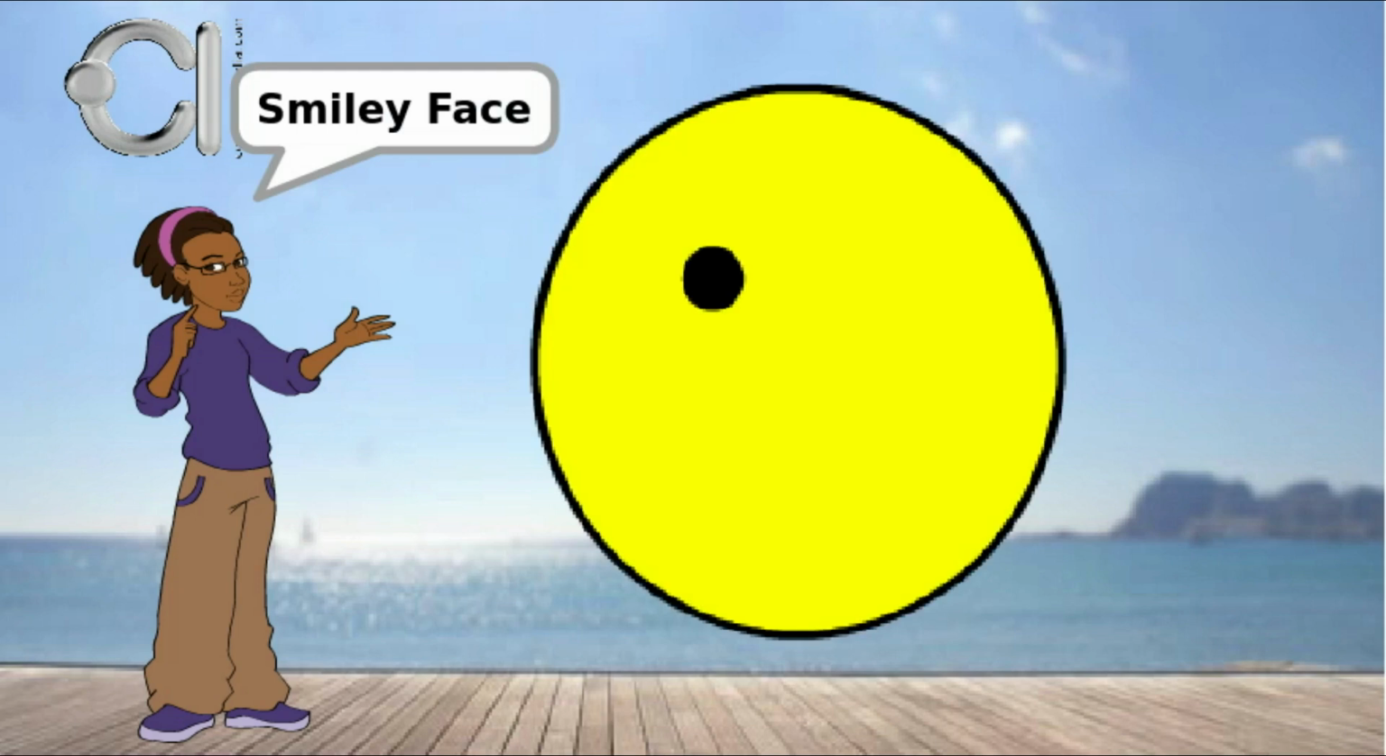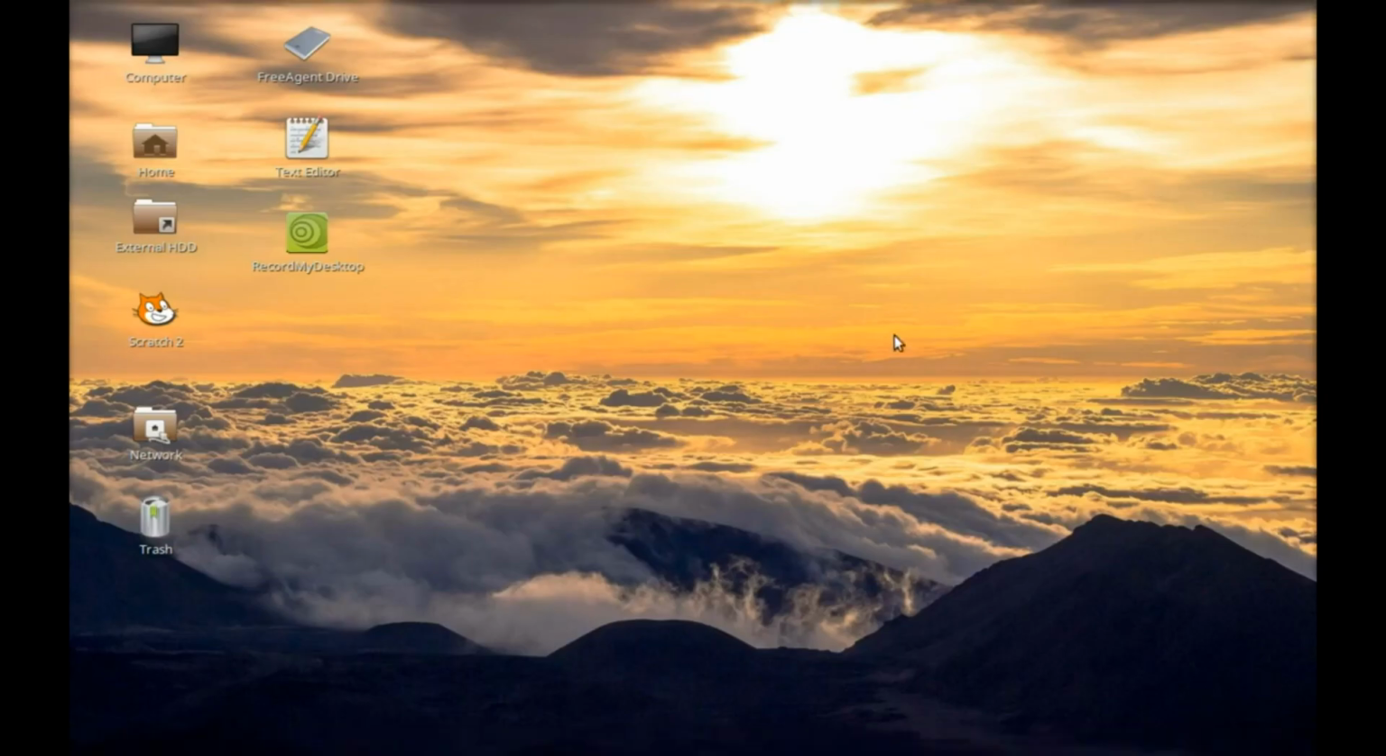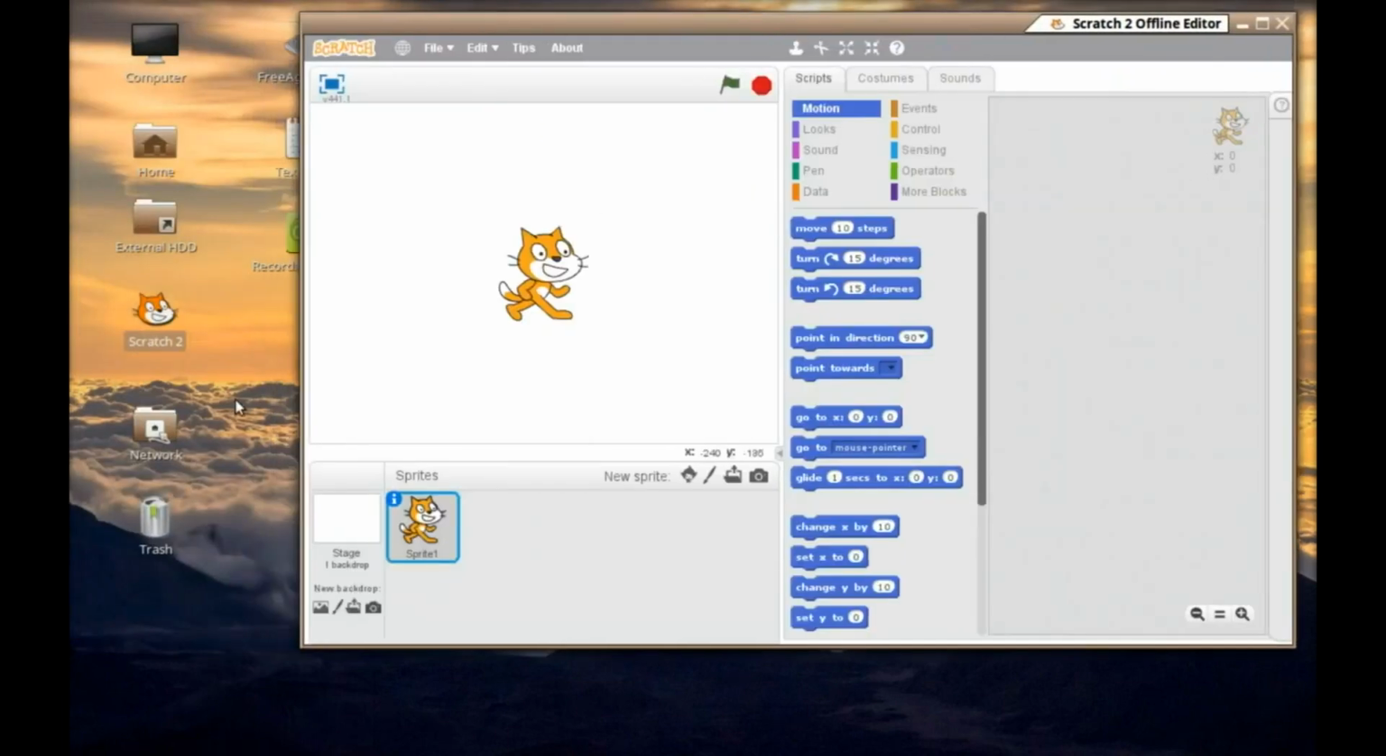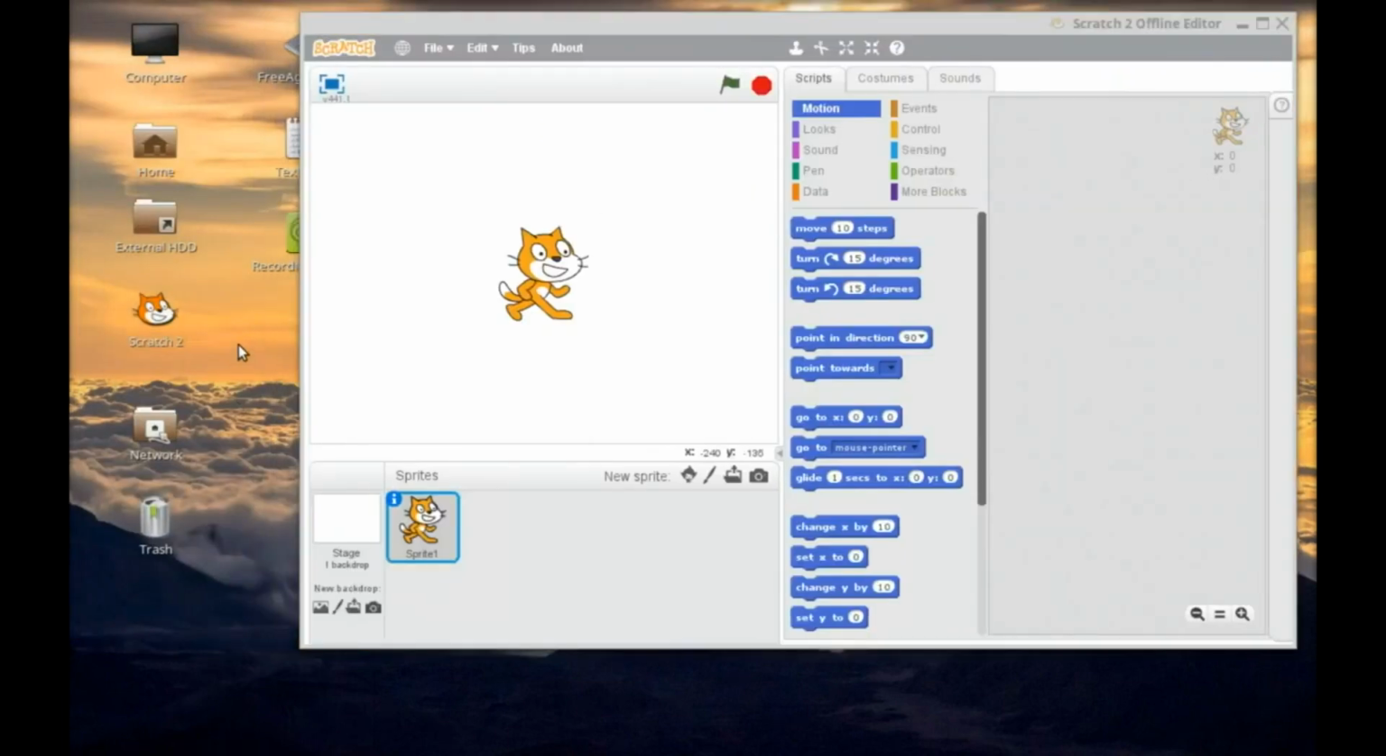This project is called Smiley Face. So this is going to be Scratch meeting Canvas. So we need to open up a few things. So I'll open up Scratch, which I'm going to need, and I'm going to open up